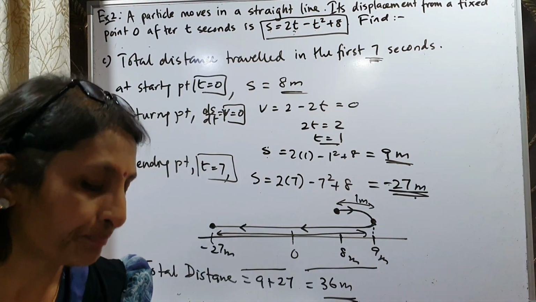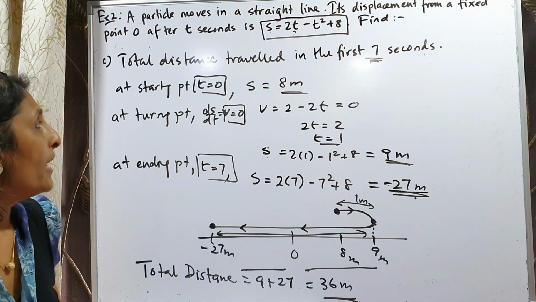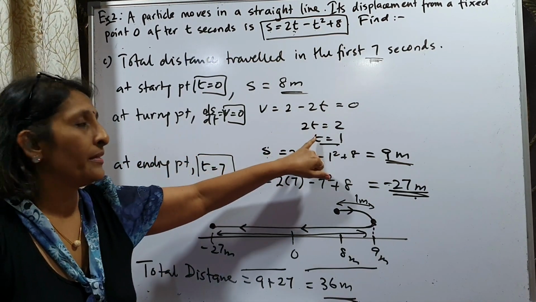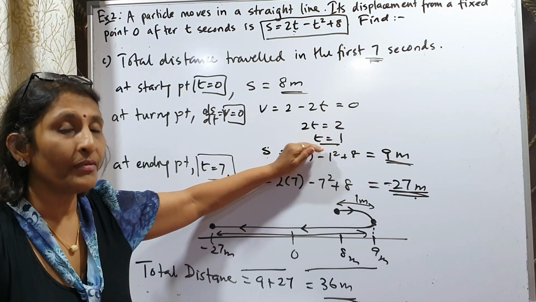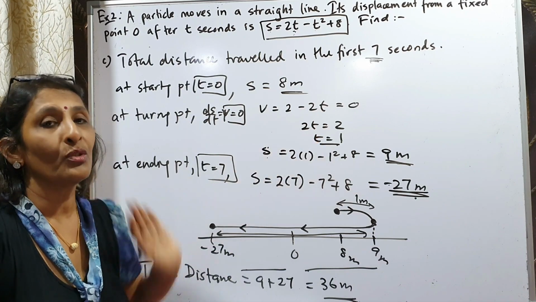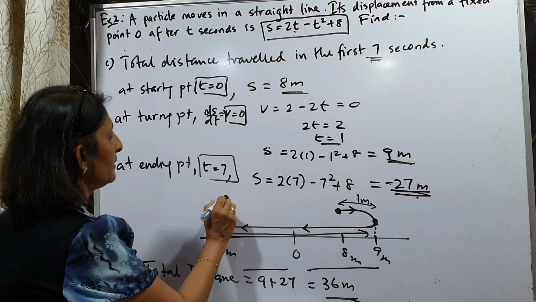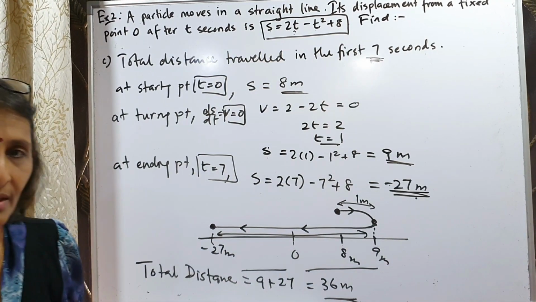Now, sometimes when you are doing total distance traveled, you will find that at the turning point you don't get a value for t, or you get t negative or something. If t is negative, meaning there is no turning point, the particle moves from here to here, that's it, and doesn't turn anywhere. Sometimes you can have that kind of situation.